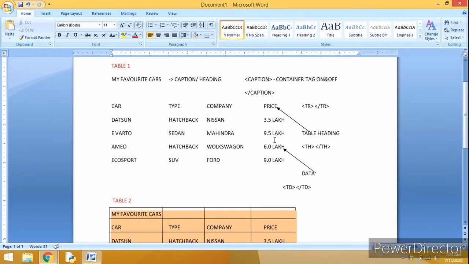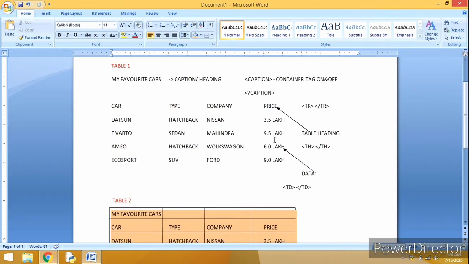The heading of the table is also known as caption or heading. So this caption or heading in HTML is created by a tag known as caption. It is a container tag, so it requires both the on tag and the off tag for getting the caption.